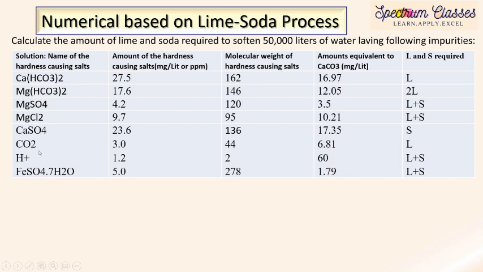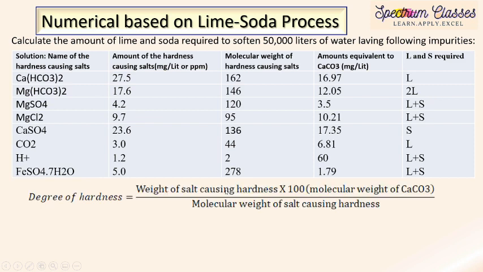For carbon dioxide, if it reacts with calcium hydroxide, it will form calcium carbonate. Lime is required for this, and for this lime plus soda is required, and for this lime plus soda is required again. Okay, so here we have just simply written it, and you can understand this. Once you understand, you are able to do this exercise in a very simple manner. So from here you can calculate the amount of lime required and the amount of soda required separately, right?